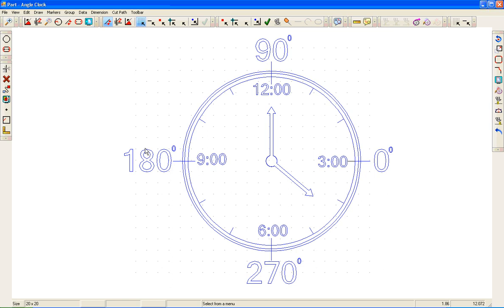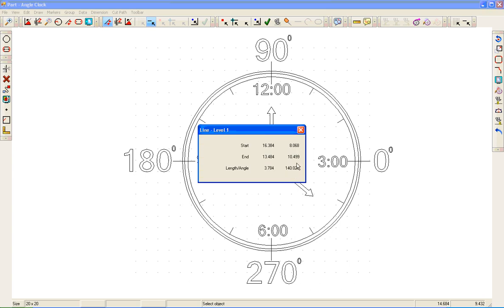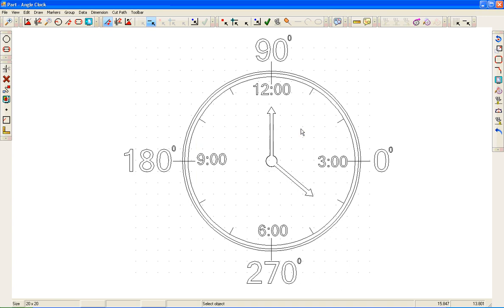Every now and then, when you're working in either parts or flat pattern, you're going to select data, object. You'll click on a line, and it's going to give you an angle that you might think is wrong. Okay, and what I mean by that, let me